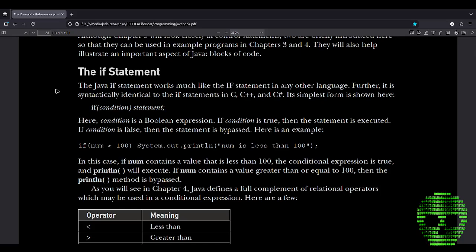The if statement works much like the if statement in any other language. Further, it is syntactically identical to the if statements in C, C++, and C#. Its simplest form is shown here: if (condition) statement;